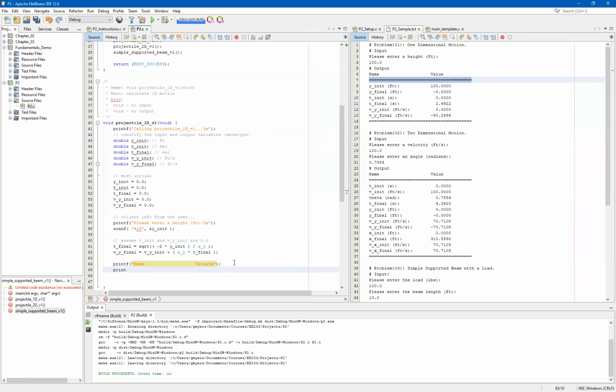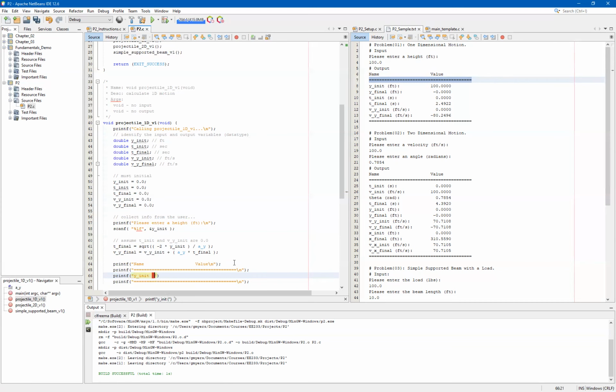In this case, we want to printf and paste the bar, if you would, that's created by the equal signs. We're going to do that at both the top and the bottom of the table. At this point, you have a little more flexibility. What I generally encourage doing is simply printing the input arguments first and then the output arguments to the user. So in this case, we want to look at our Y init,